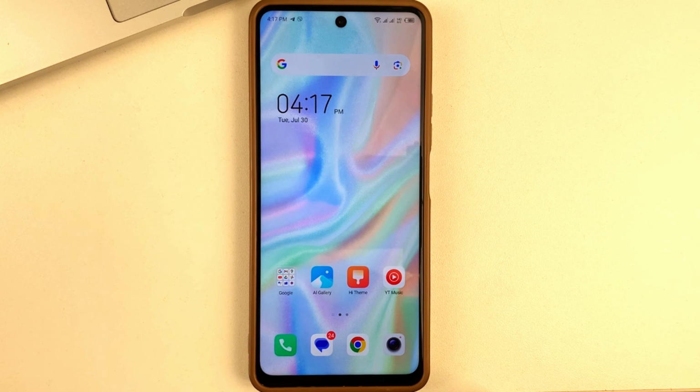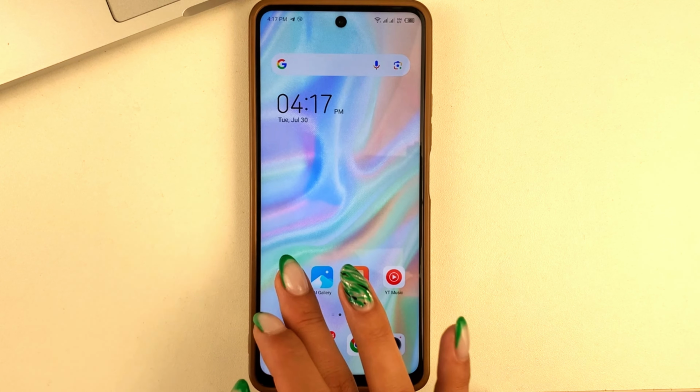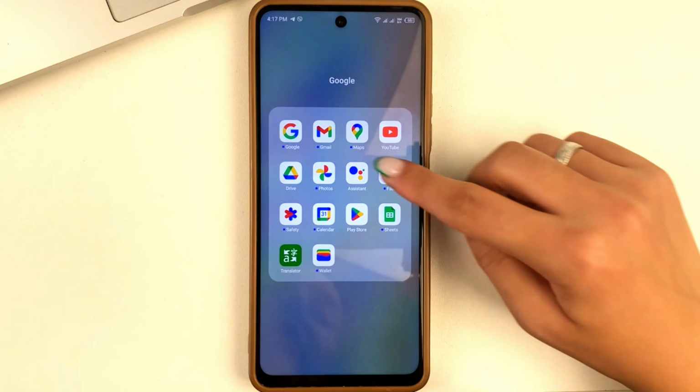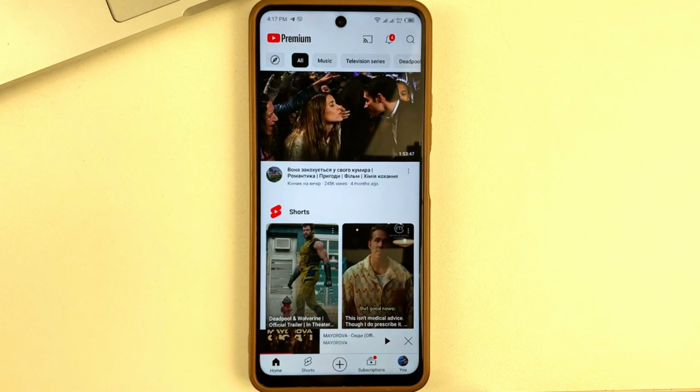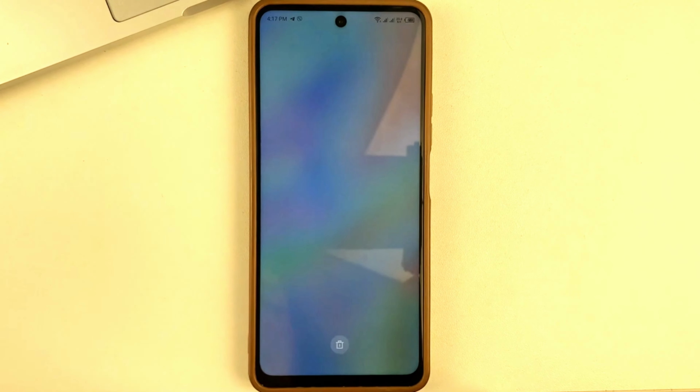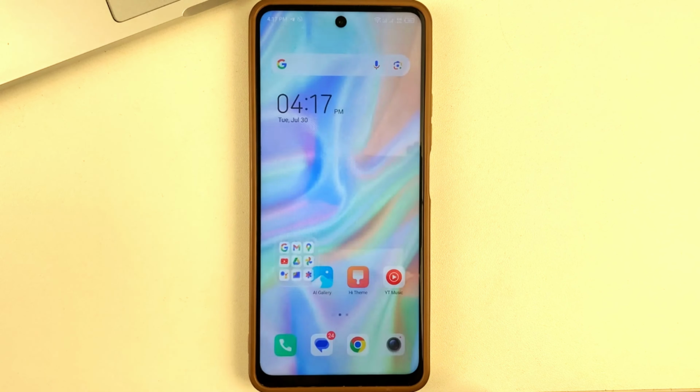So friends, let us get down to our topic. And let's say if you don't want to open the YouTube app the way you're used to, and you want to do it through Chrome, then I'm going to show you how you can easily do that. So, first of all, please open Chrome on your Android.